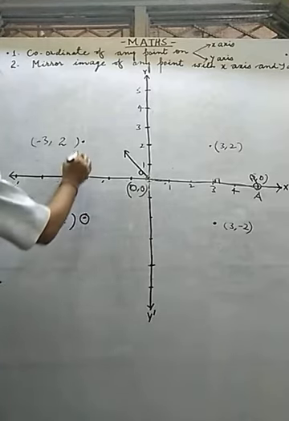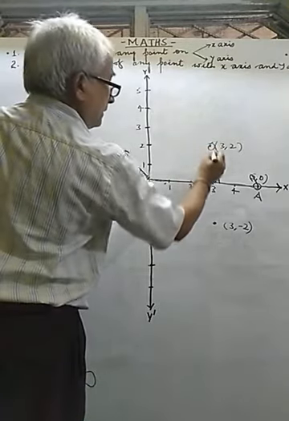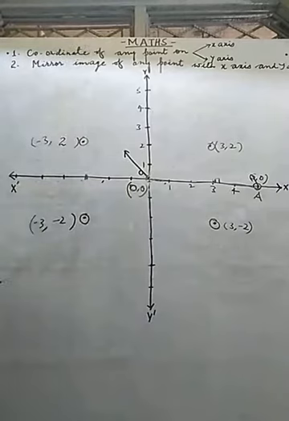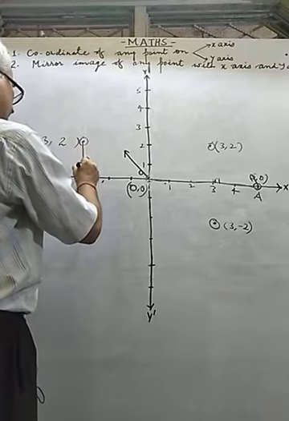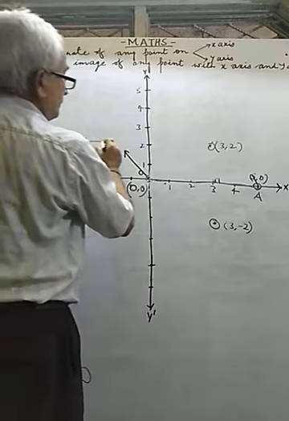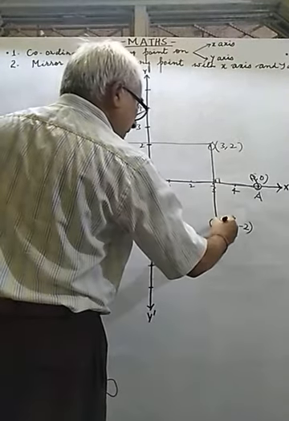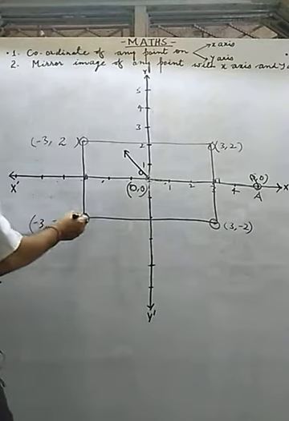Now 4 points are obtained here and coordinates are given. What to do? After joining those 4 points, a quadrilateral will be obtained, and we have to find out which type of figure is obtained and find the area of the so formed figure. What to do? Firstly we have to join. After joining, what is obtained? A rectangle is obtained. You may observe here, a rectangle,